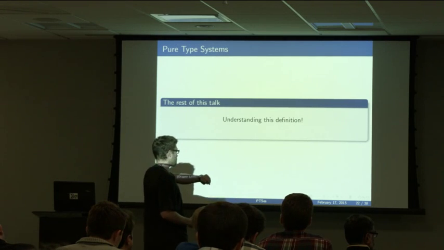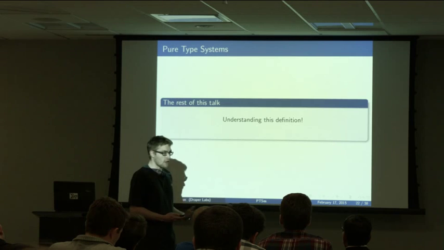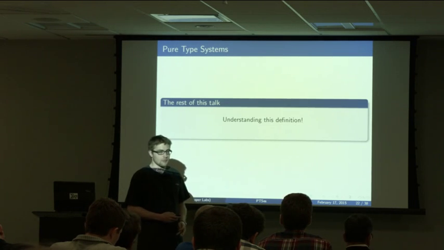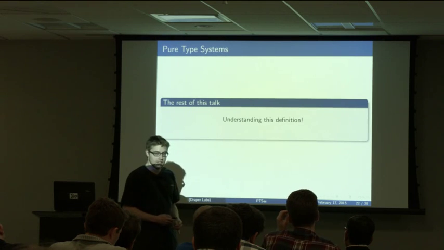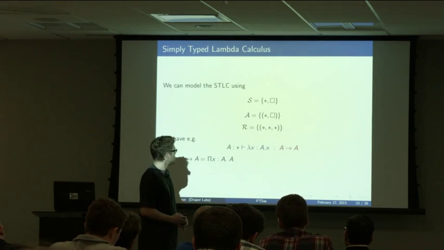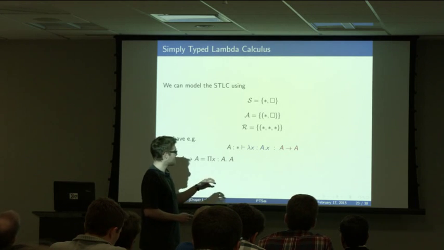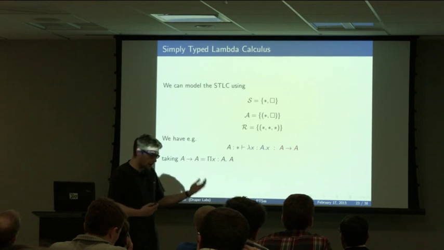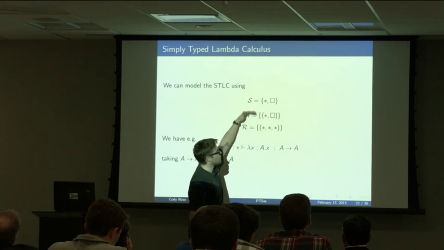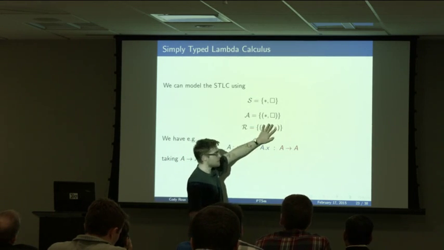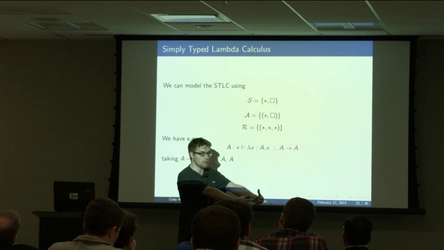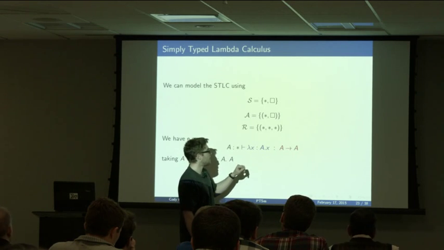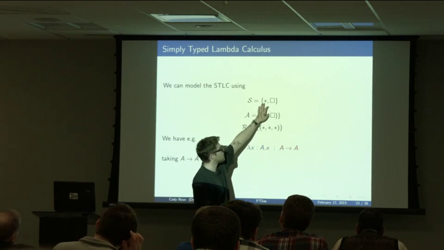So the rest of the talk is just understand this definition. So I can either stop here and you can ask me questions, or I can go into my nice examples, which I hope you agree with because I spent a lot of time working on them. All right. So the simply typed lambda calculus of earlier is a pure type system where we give as input, remember, you just need to list these inputs, and as an output, you get a programming language.